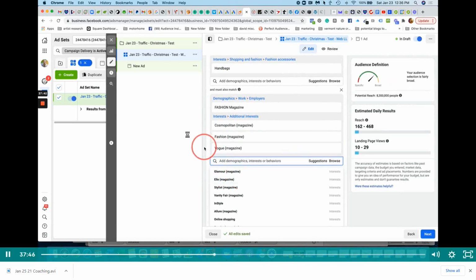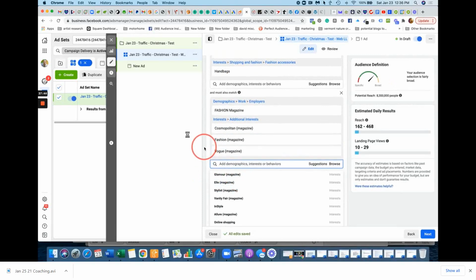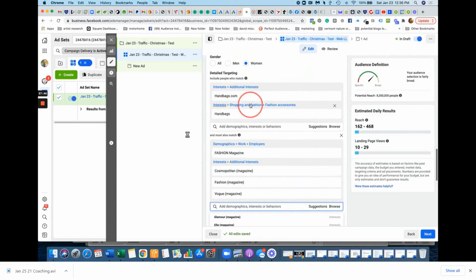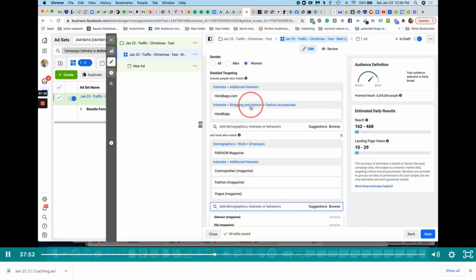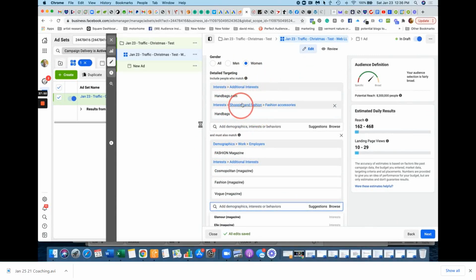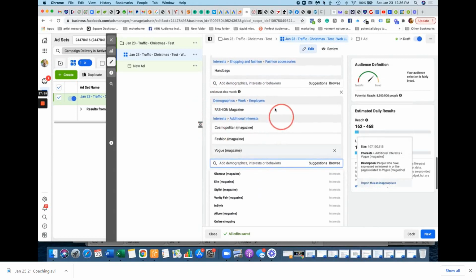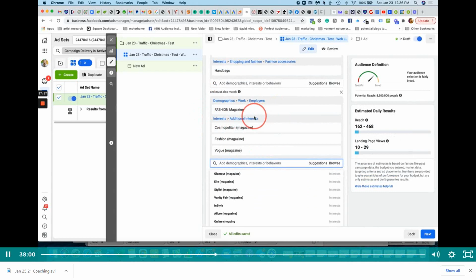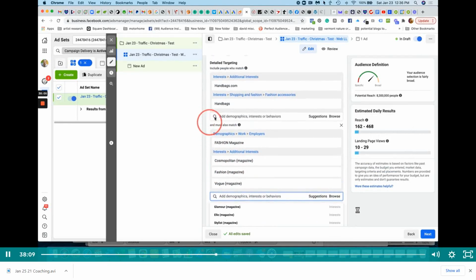Now, let's say you were a painter or a photographer. What I'm going to do up here in this first category is pick the painters or photographers or the type of painting or photography I do. The very next category is going to be interior design. I want to make sure people are paying attention to interior design. So if you can understand what I'm doing here, it's about taking these categories and then saying they must